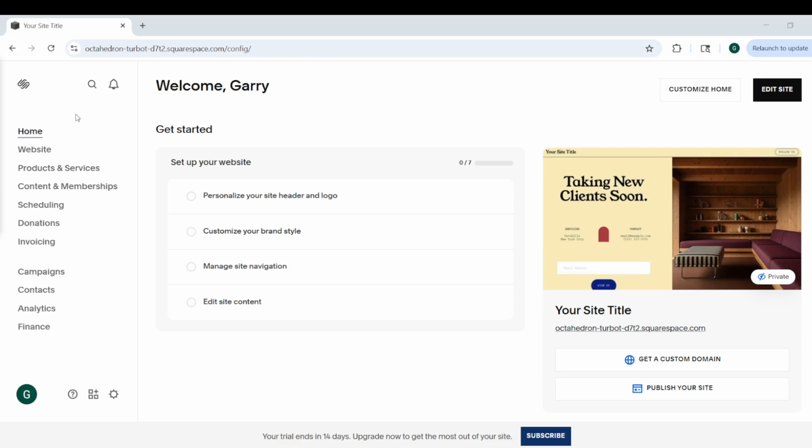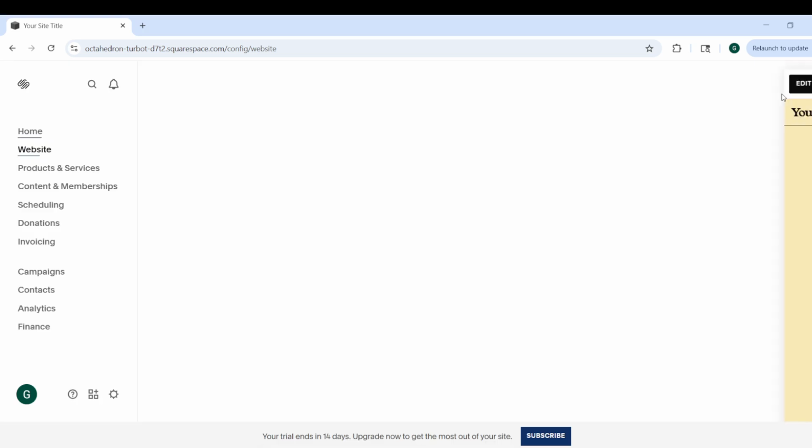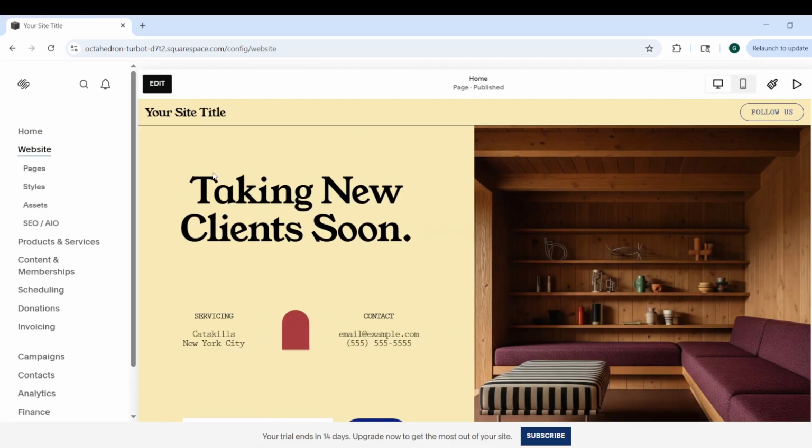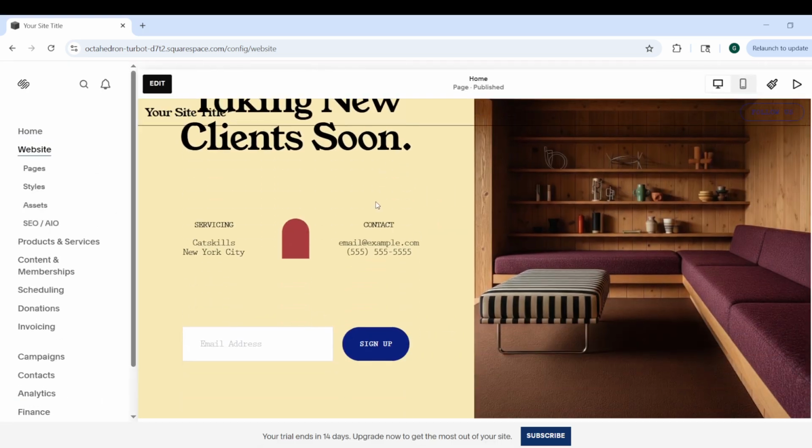In today's video, I am going to teach you how to add a site title on Squarespace. To get started, log into your Squarespace dashboard and choose the website you want to edit. Once you are inside the correct site, look for the Edit button in the top left corner of the page preview and click it. This opens the editing view, where you can make changes directly to the look and content